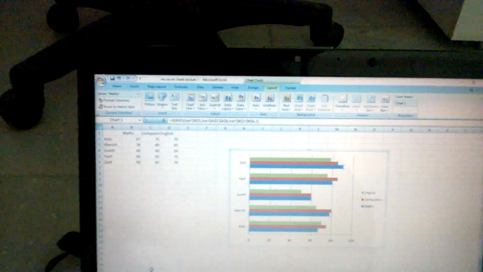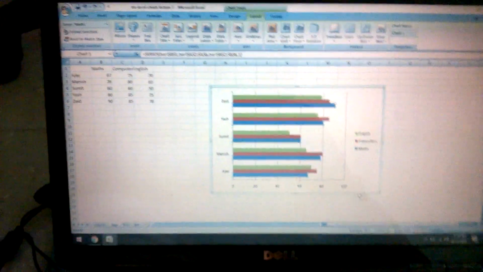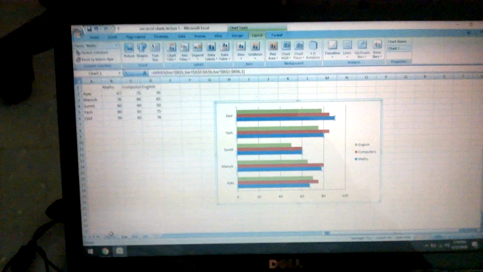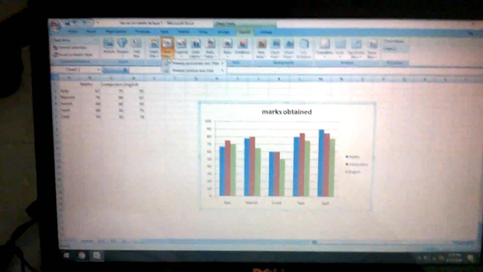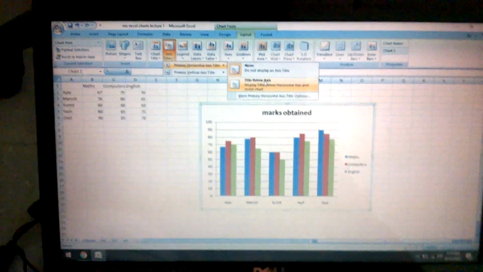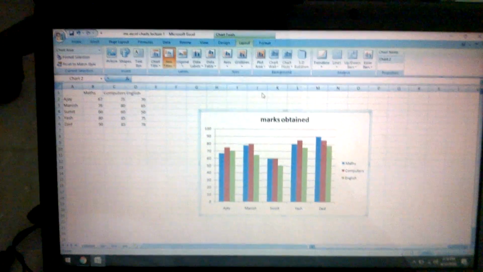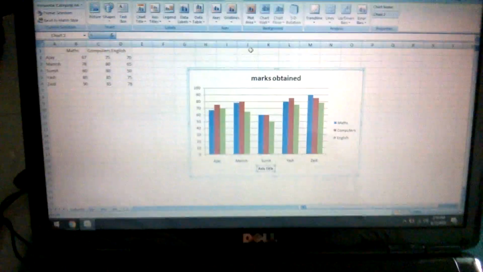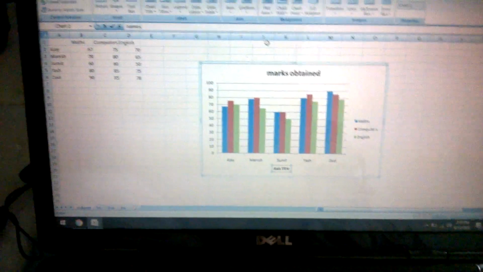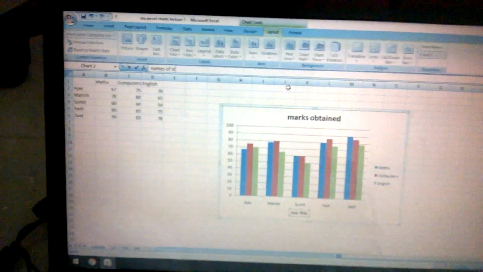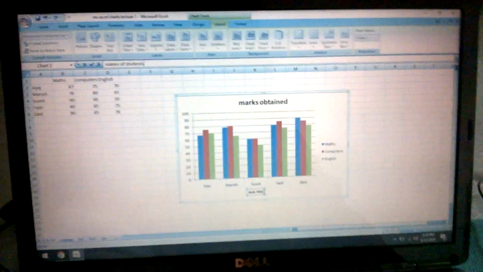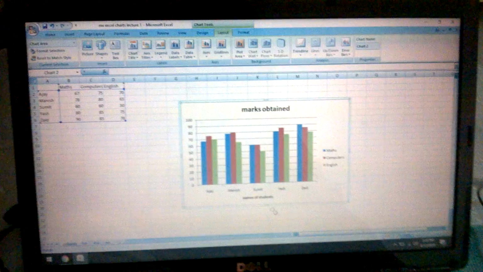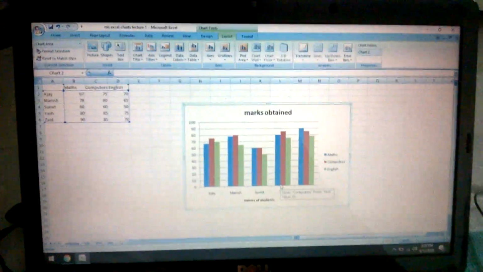The next is the axis title. We can give a title to the x-axis and y-axis. The axis title option is also there. So horizontal title below axis. We shall give names of students. So this is a category axis or x-axis title.